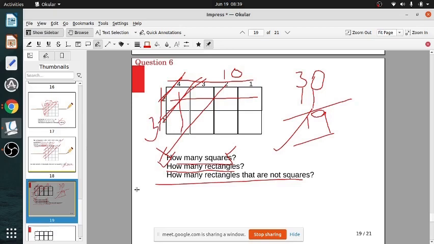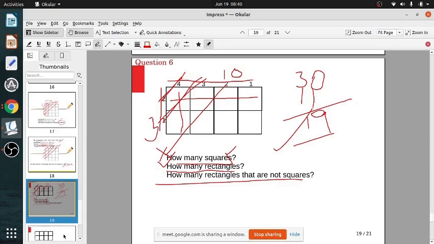Kritika? Yes, sir. So the final answer is not fixed. That depends on the question, because I didn't give you the multiple choice. If I give you the multiple choice, then it is easy to take the right answer. But since I was giving you the logic, in one go we actually covered 3 questions. If you are asked only squares, what is the answer? If you are asked only rectangles, what is the answer? If you are asked squares and rectangles, what is the answer?